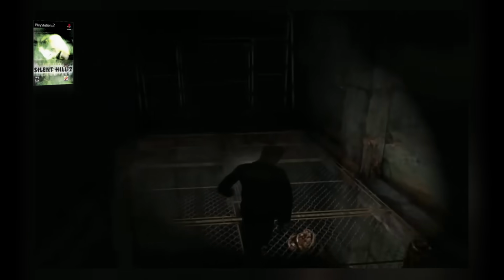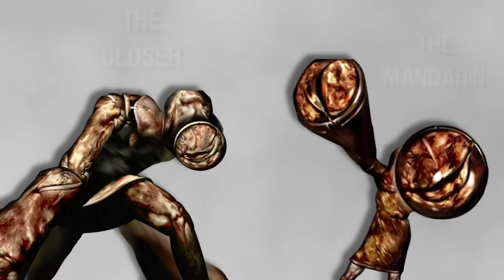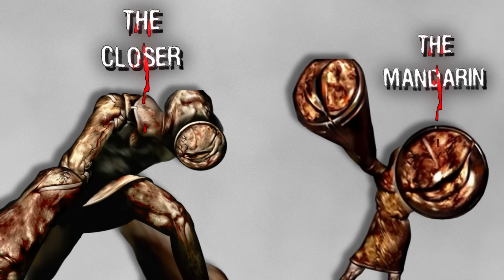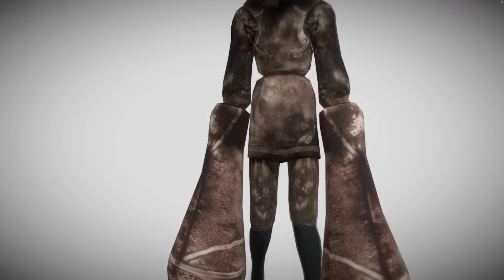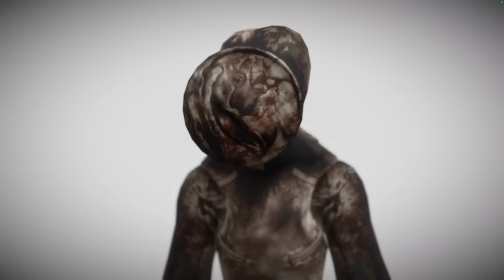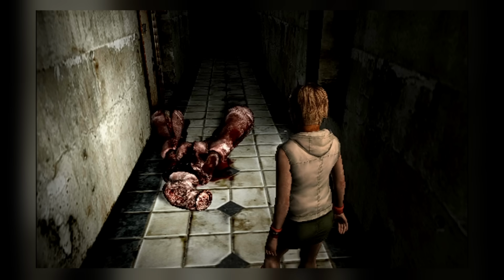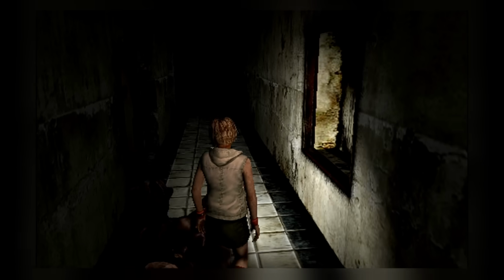Well, maybe not, because they only showed up in 3 areas of the game, but this is the Mandarin. Looking at the two side by side here, you can see that they're almost identical, even down to the elephant-sized lips protruding from the arms and face. With the Closer having such a high health pool, it's best to just avoid them like most enemies in Silent